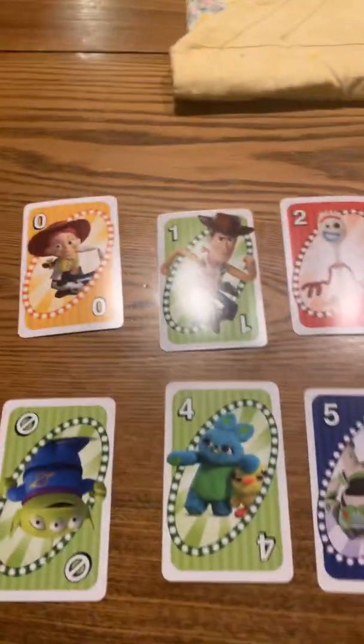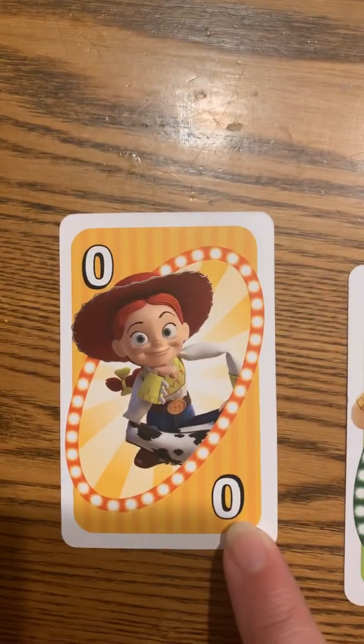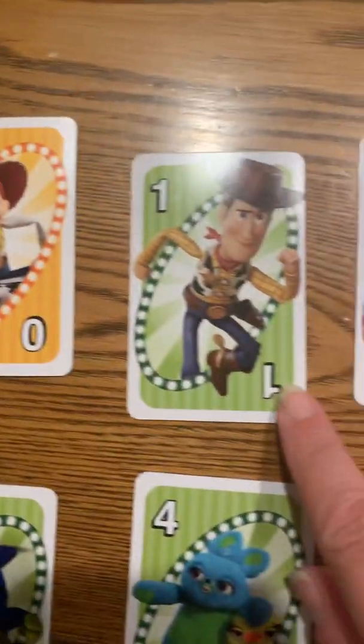And this Uno deck that we have is kind of fun. It's Toy Story 4, so you might see some characters you recognize if you've seen that movie. Okay, so let me show you some of the cards we have. Okay, so what number is that? Yeah, and who's on that card? That's right. And then we have